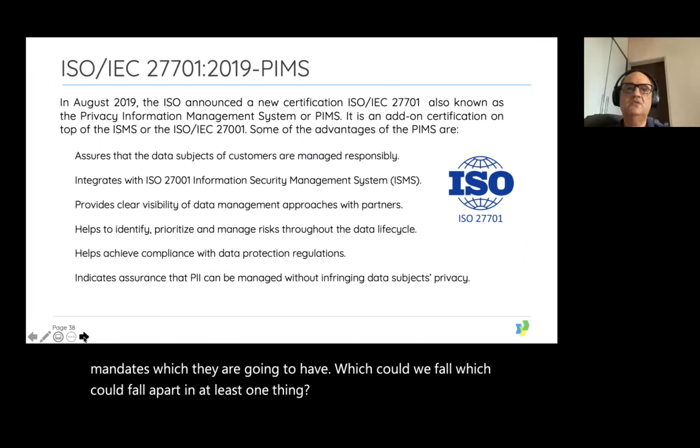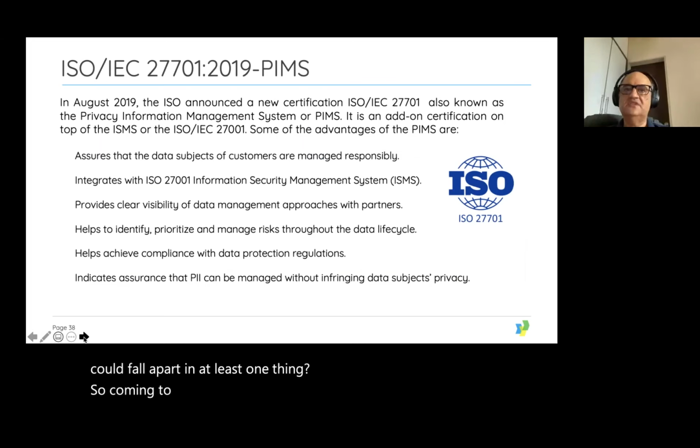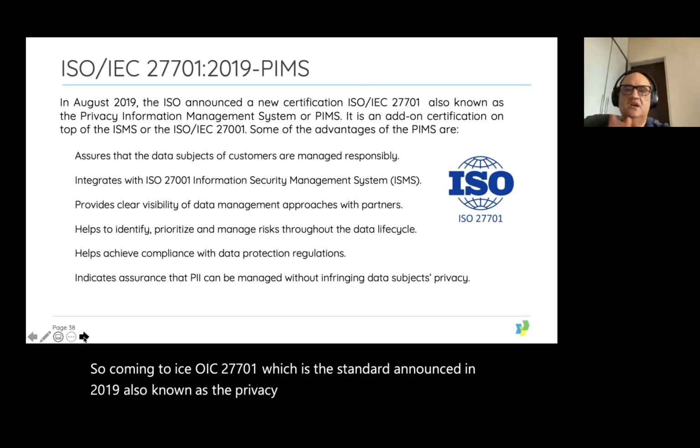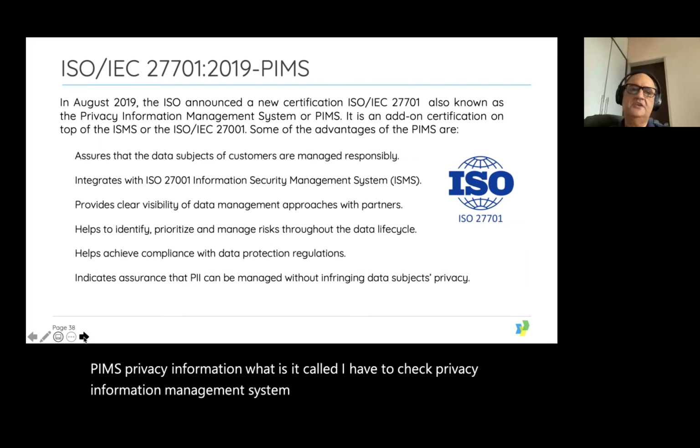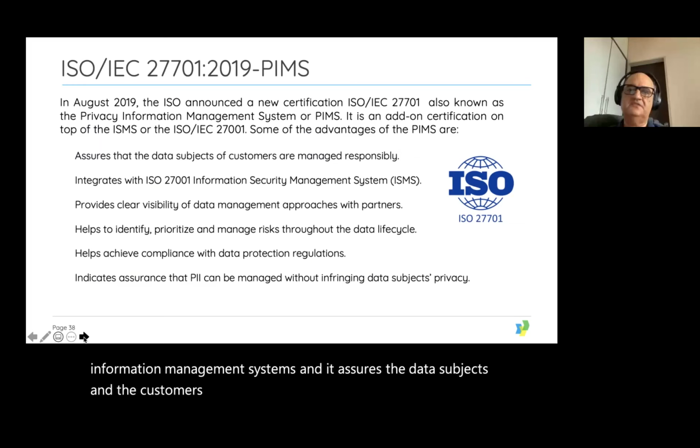So coming to ISO IEC 27701, which is the standard announced in 2019, also known as PIMS, the privacy information management system. It assures the data subjects and the customers that PII data is managed responsibly.